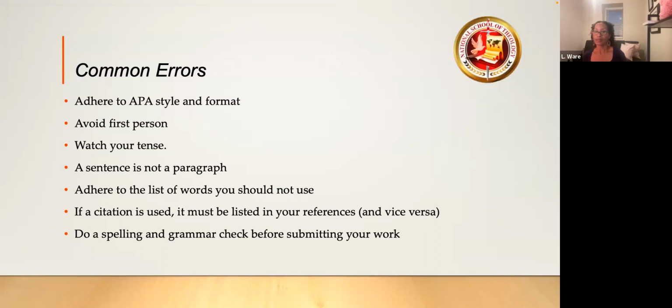I went back and picked out chapters I thought you guys should read and tried to find videos, but please take time to look at your reference material. Even the links that I've sent you all, there is a wealth of knowledge in those links. You can find just about anything you want on APA format, APA style, how to do your citations, your references, your sources. Everything is readily available to you. If you look at those sources, it's a wealth of knowledge.